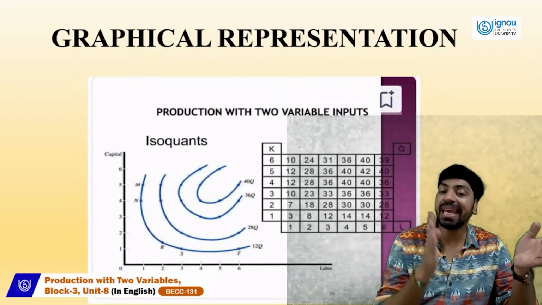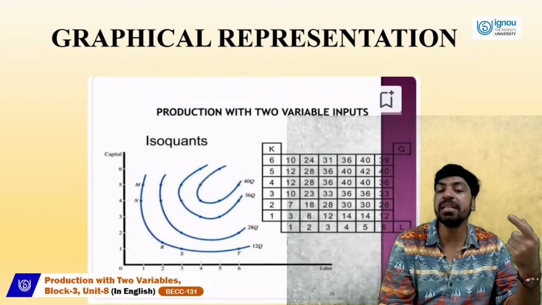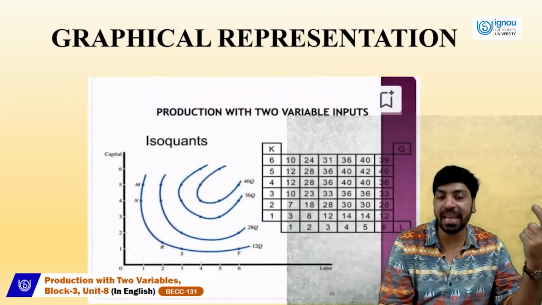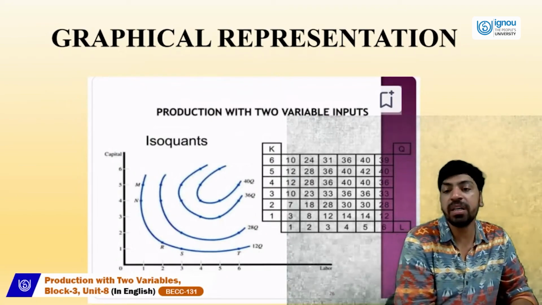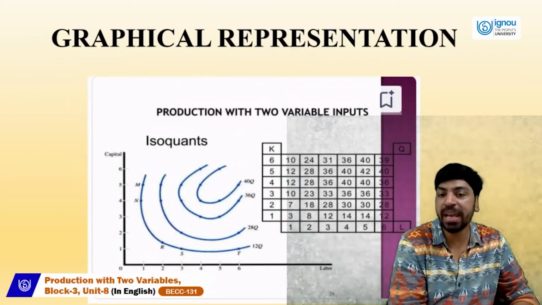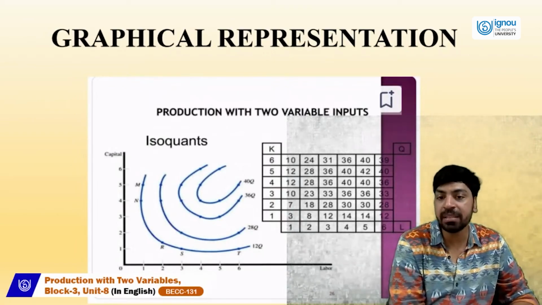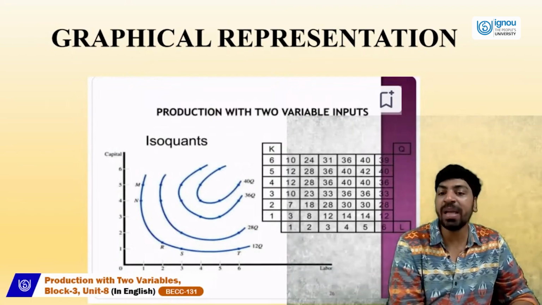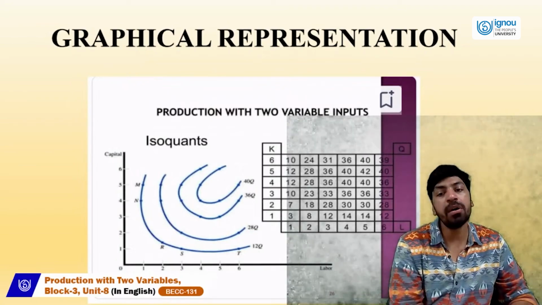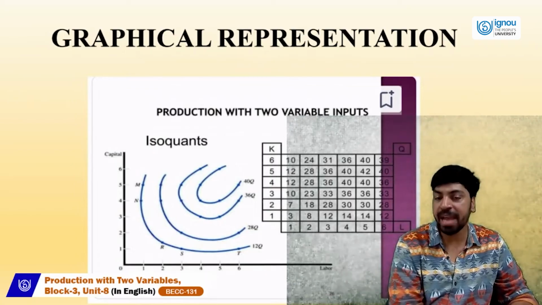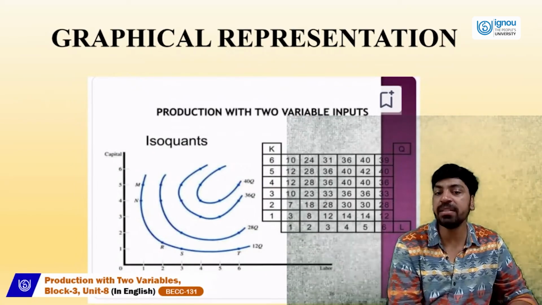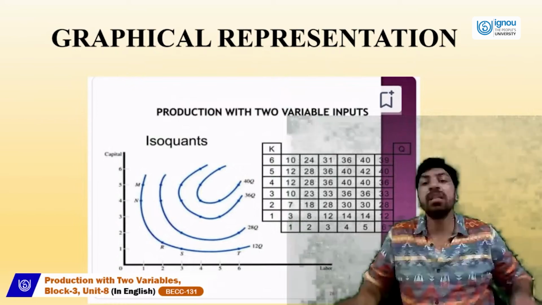So these are the same levels of output: the quantities are 12, 28, 36, and 40. If you see the first combination of two inputs, labor and capital, the first one is 12, 12, then 12, 14, 14, 12. I repeat once again, the first isoquant curve has been drawn using the combination of two inputs, labor